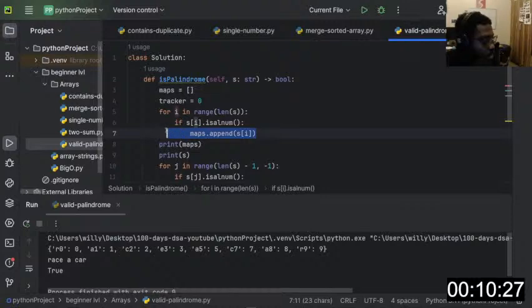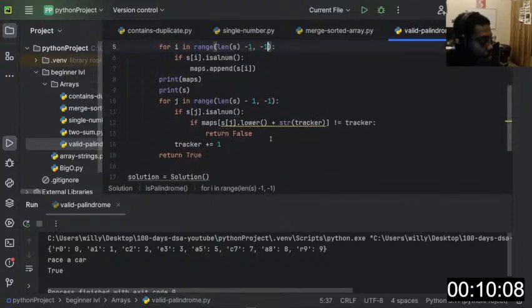We're appending s of I in the map. Well, let me just reverse it instead. So to reverse it, I'll start from the end, -1 up to -1. Yeah, so this here, I'll just say for